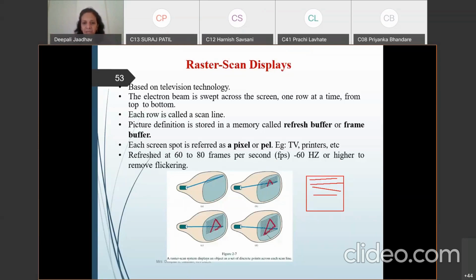For example, suppose I want to draw a triangle on the TV screen. In the raster scan display, it starts from the first row.